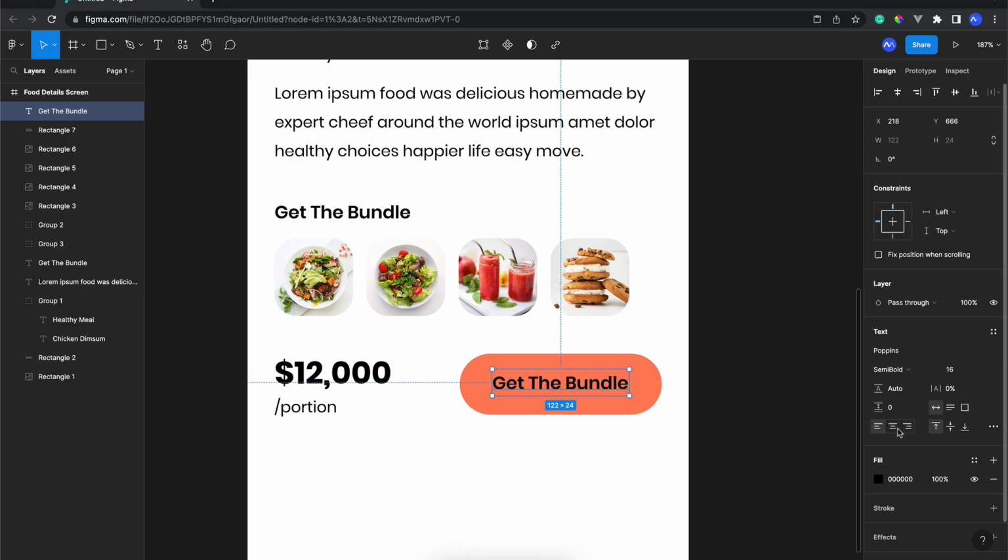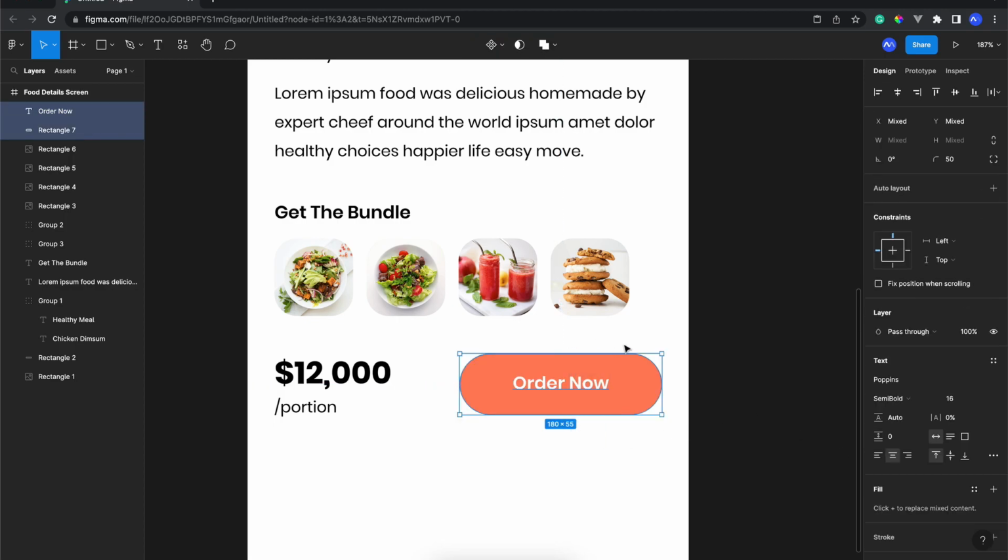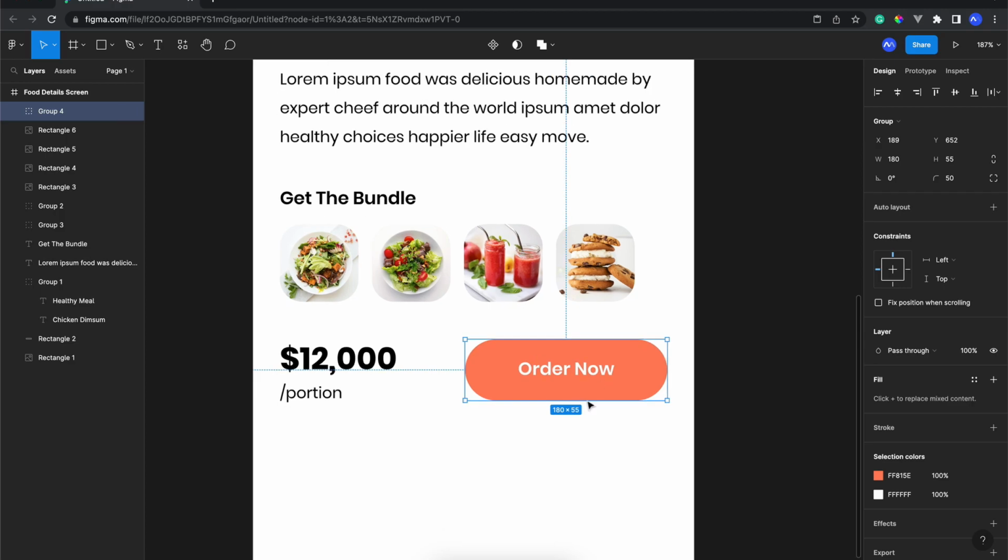We need to change this alignment to the center, so whenever we replace the new characters, it will start from the center. Okay, so just order now, and we're gonna change the color of this label to white like this, and we select these two layers, just group it.